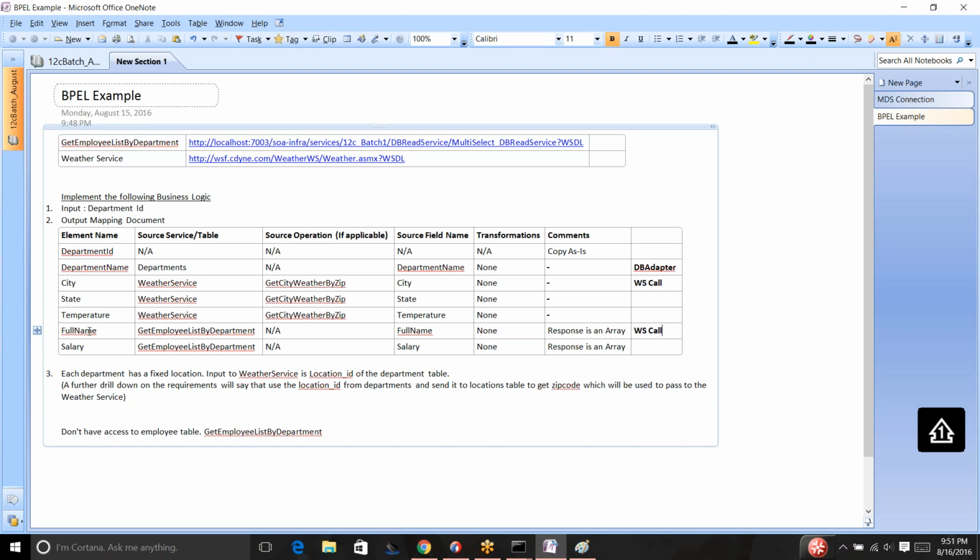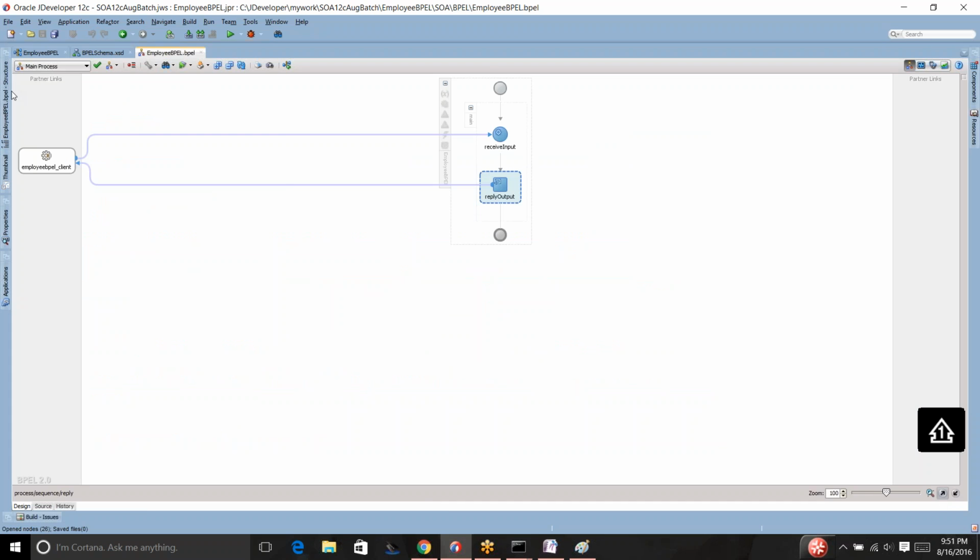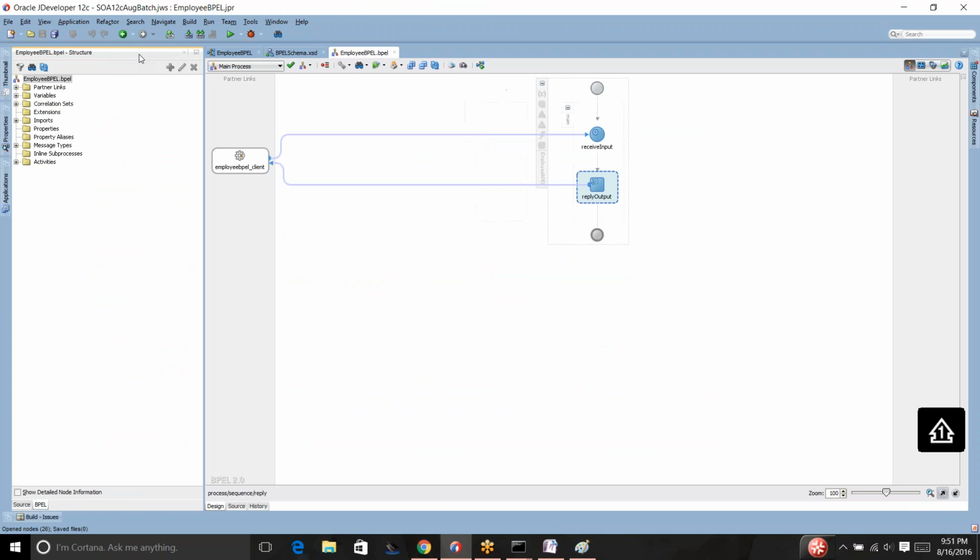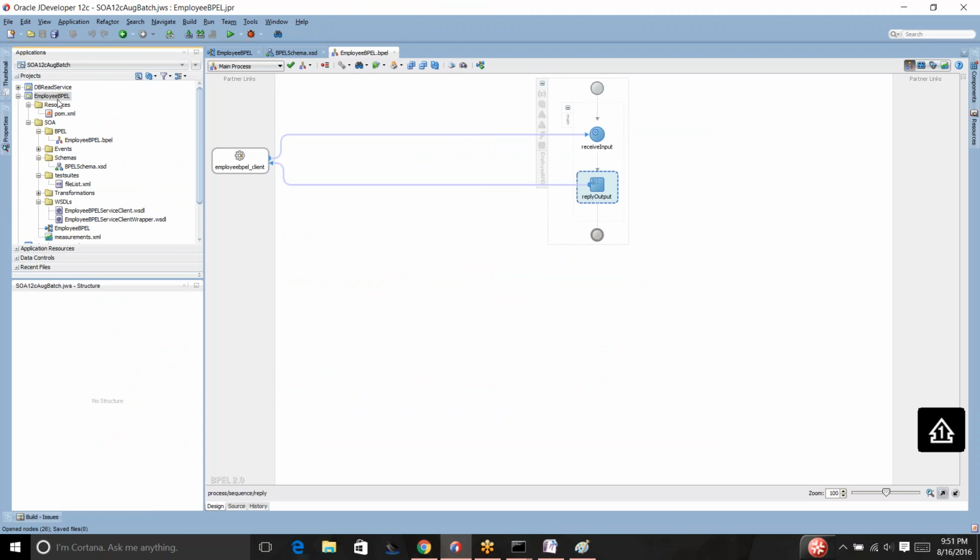So I get the department ID. And this get employee list by department ID takes in department ID and gives you back full name and salary. If you look at the web service definition here, and if you look at the DB service definition,